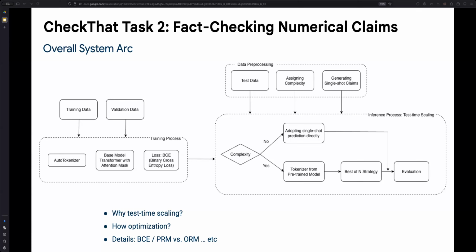When I did the literature review, I came across some concepts like ORM, which stands for Output Reward Model, and PRM, which stands for Process Reward Model. And I found that the entire flow related with the best-of-N strategy is